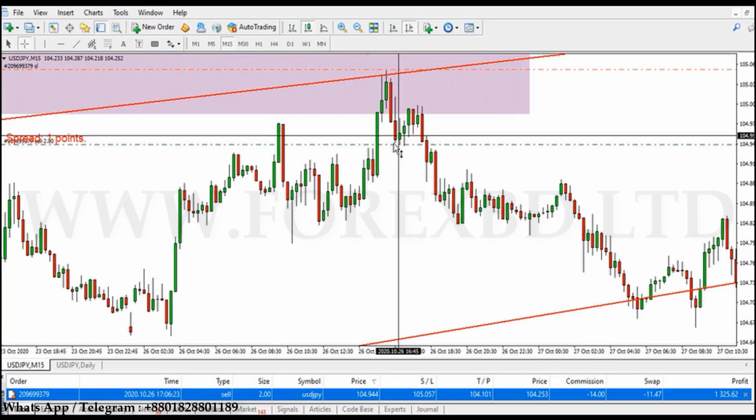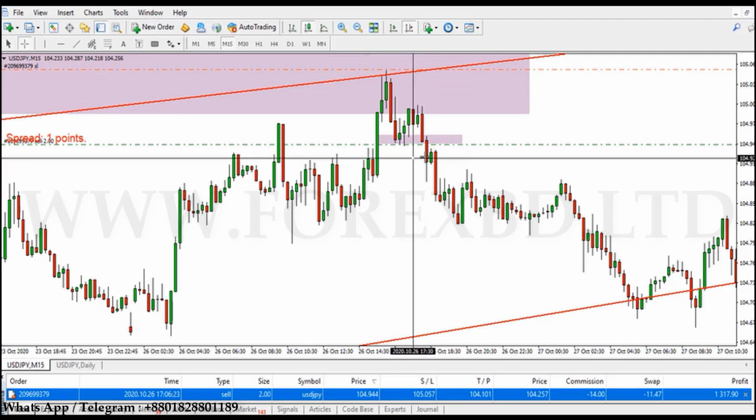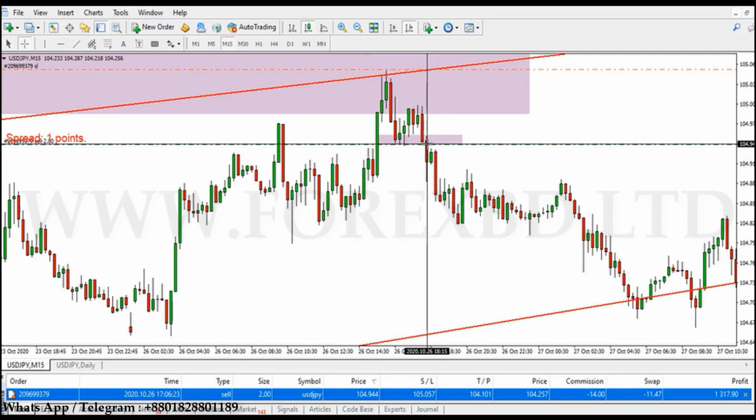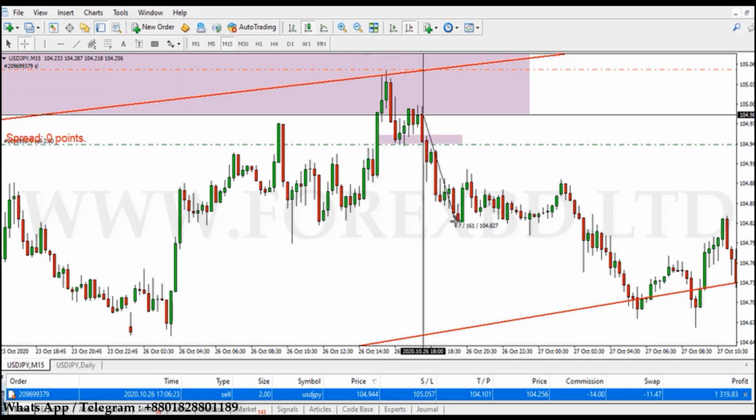So after going to a 15-minute time frame, I saw this place has created a support level. Here is the impulse correction in the market, then the market comes down straight from here. So what did I do? I took a sell entry just when the market broke out in this place. The reason for taking this entry is that since there is an impulse correction here, it will break in a